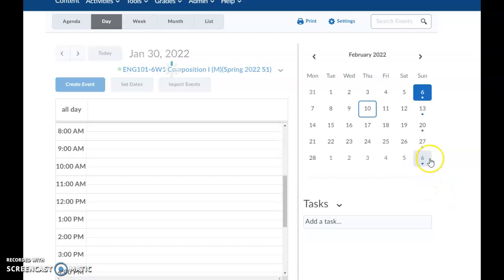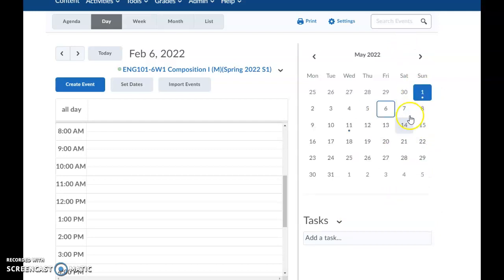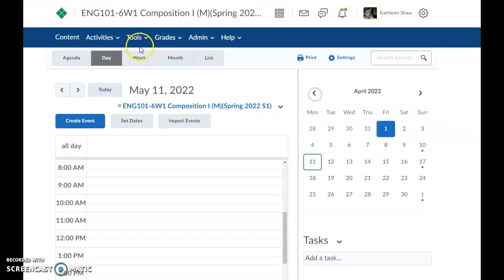So you can check on it that way as well. You can see pretty much Sundays throughout the semester, as I said, with the exception of the final paper, which will be due on a Wednesday. Everything else, even if you have a week where 3 things are due,